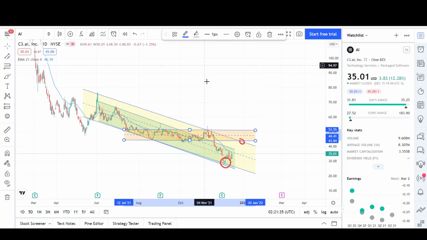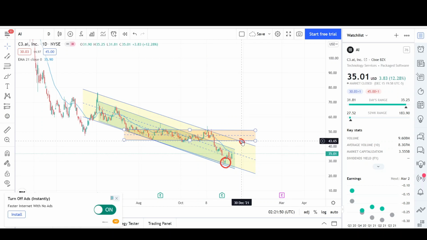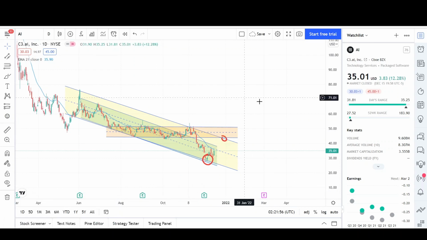As you can see here, that prices were range bound for a couple of months, and then you can see this big red bar that was a breakout, and prices continue lower, bounce from the lower side of the channel, and now it looks like we're getting a reversal back up to test this breakout level right around that $44 level. So that's where I expect prices to go in the near term. However,